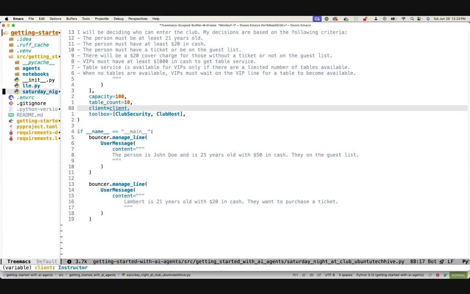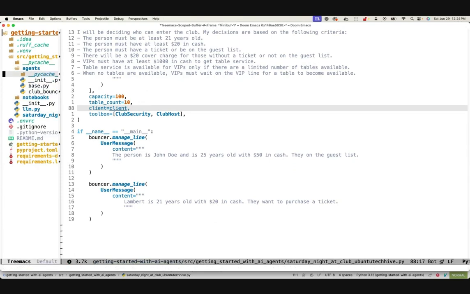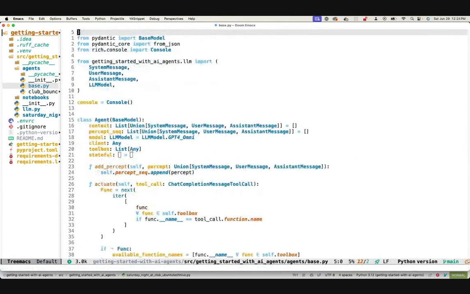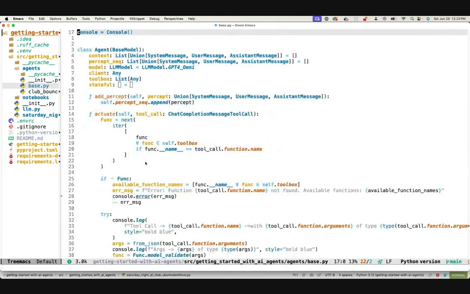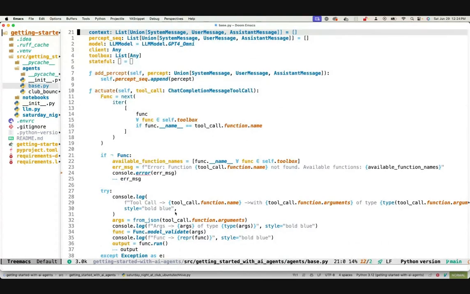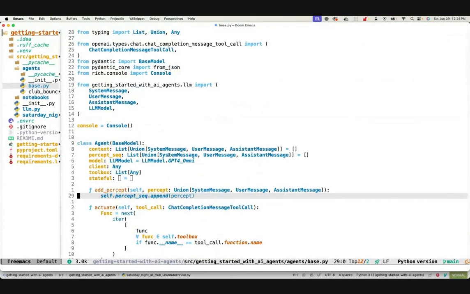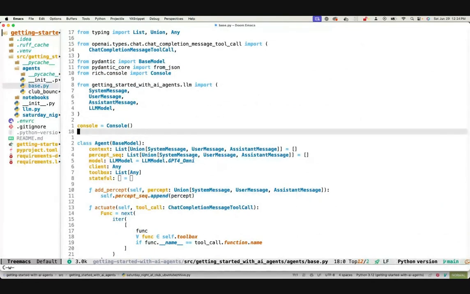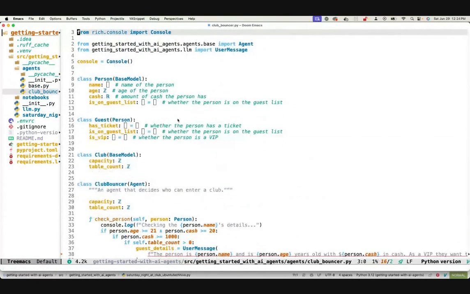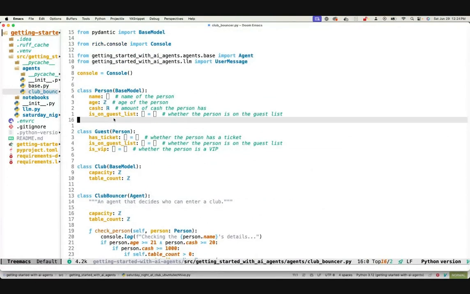So let's look quickly at the implementation of Club Bouncer. But first, let's look at agent. That agent is the same one that I showed you in the notebook. I just cleaned it up a little bit, so you can look at the implementation yourself. And then the Club Bouncer implementation, we saw